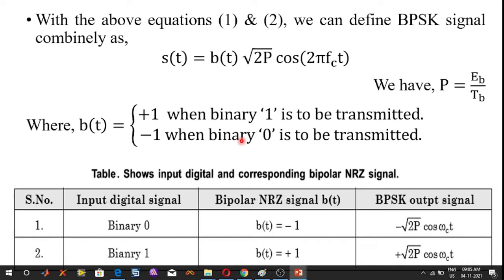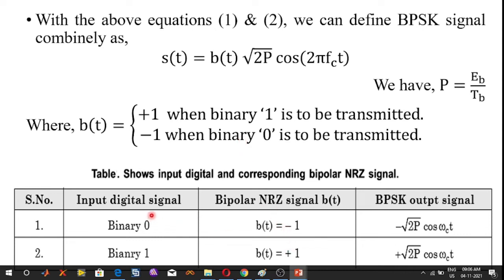So now here in this table we can observe that binary symbol 0 means low in voltage level in the binary data sequence, binary bit 1 means high in voltage in the binary data sequence. In bipolar non-return to zero, high in voltage is represented by binary symbol 1 and low in voltage is represented by binary symbol 0.